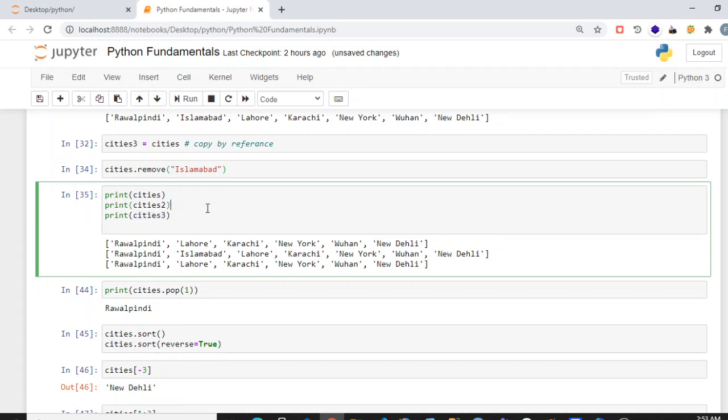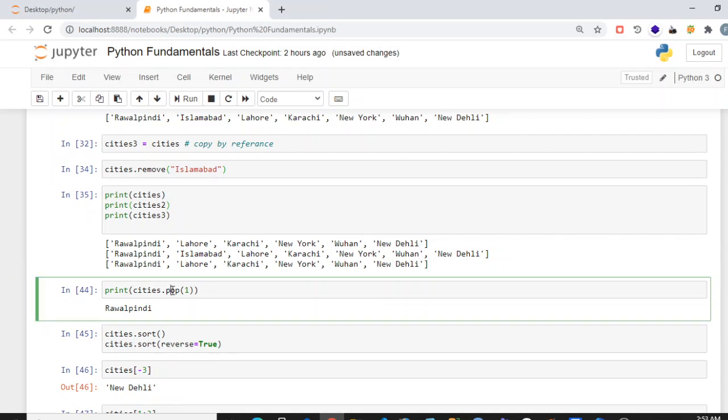So if we change anything in cities or cities 3, it will be changed in the other list. These two lists are basically pointing towards the same data, while cities 2 is a different list. So that's the concept of copy by reference and copy by value.